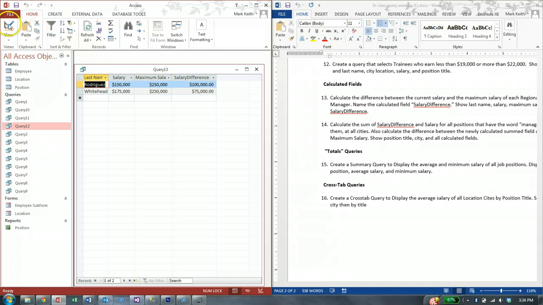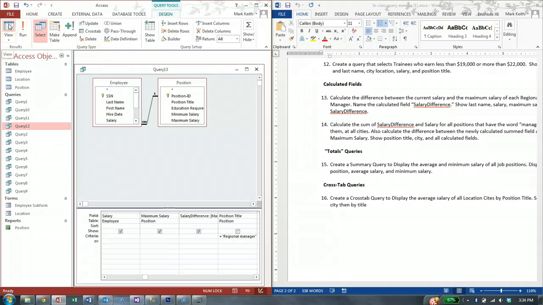Let me go back to the design view and show you a few other options you have. This one was easy because we're just adding or subtracting, or if you're multiplying or dividing, you can just simply say this field minus that field, or you can do an equation. You can plug in parentheses and say this field divided by that field, or this field plus that one divided by this one. However, you have a whole lot of other tools available to you if you want to create some more advanced